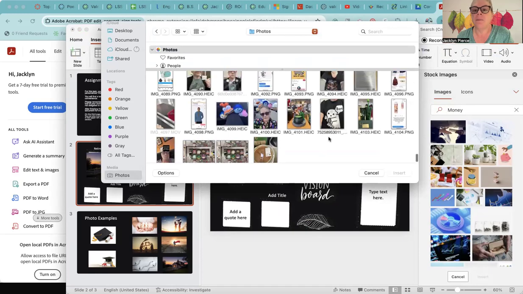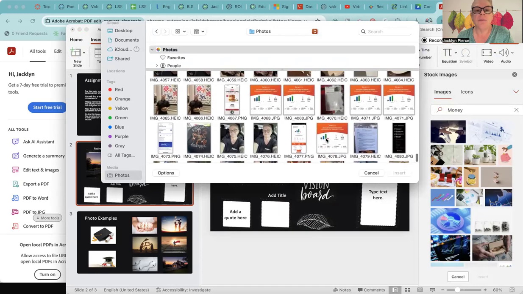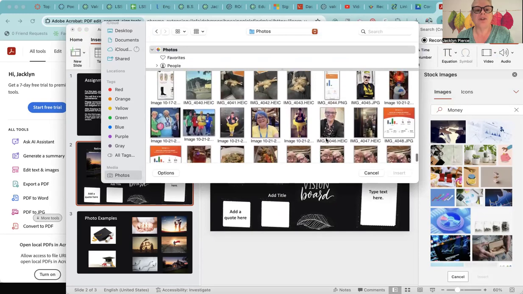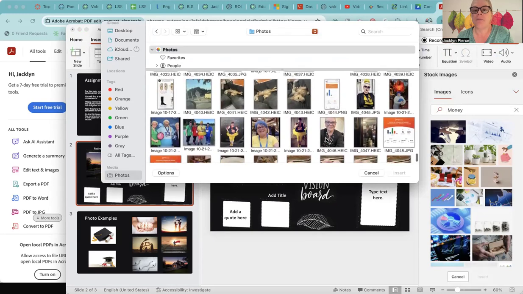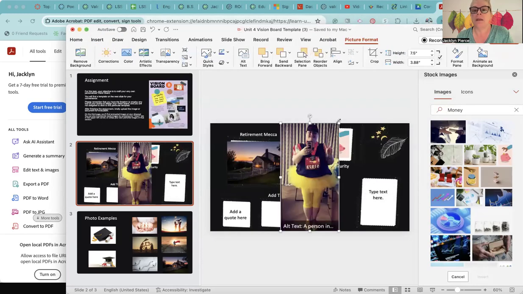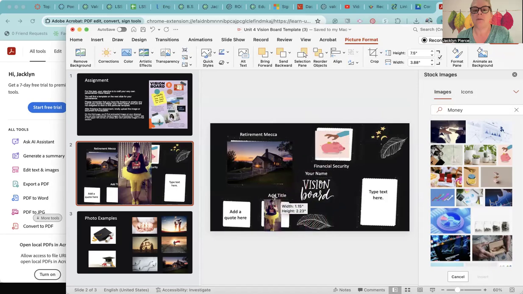And I'm going to pick one of my goals, which is to finish a half marathon, which I have not done yet. So I'm going to choose one of my running photos. Me in my Snow White outfit. I know I'm very cute. Gonna have to make this tiny though, but that's okay. I would rather be tiny. Ooh, I don't want to be wide. We're gonna leave it narrow.